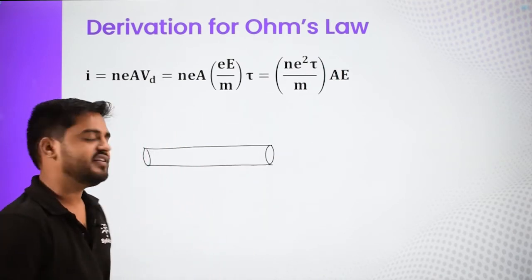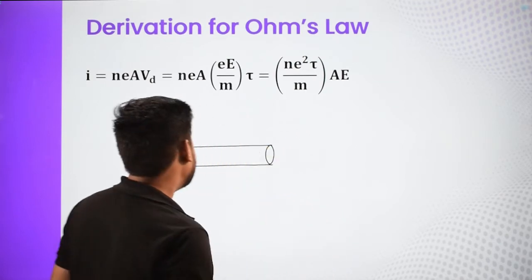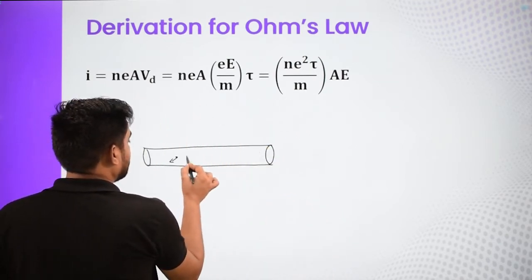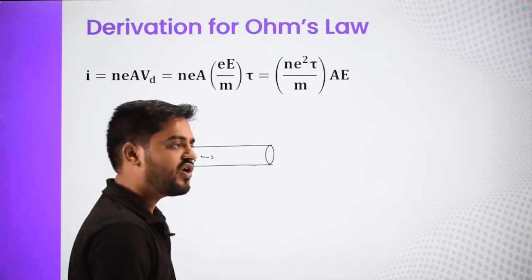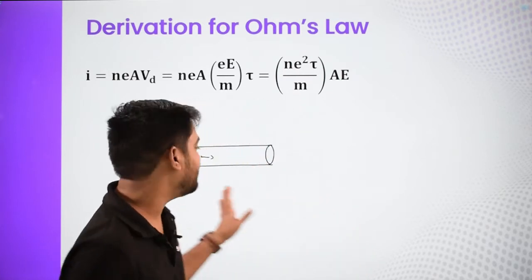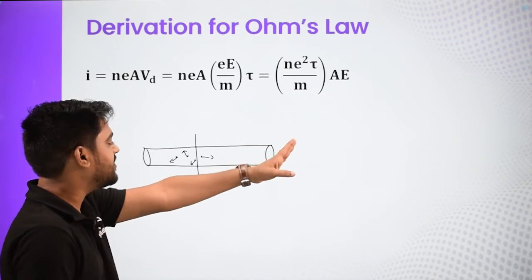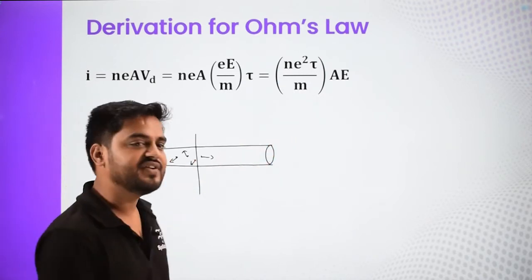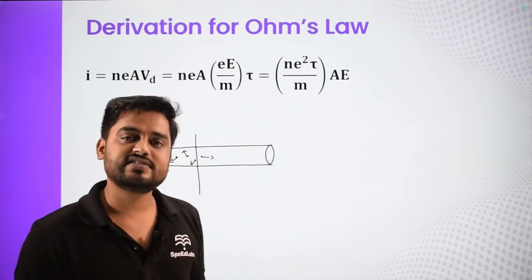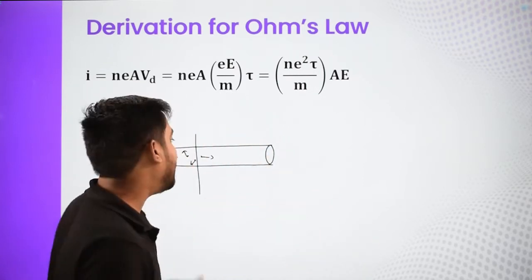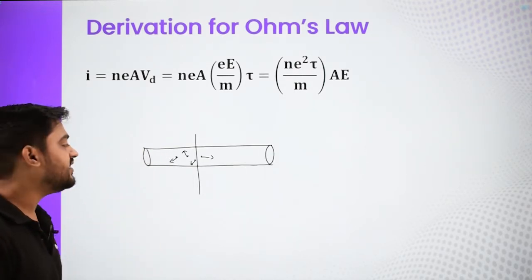Now, in this piece of conductor, there are a lot of free electrons, and they are freely moving in random directions and doing collisions. But overall, if I make this cross section, the number of electrons going that way and the number going this way is the same. Hence, there is no net flow of electrons through this cross-sectional area, so the current is zero. Initially, electrons are just randomly doing zigzag Brownian motion and there is no flow of current as of now.